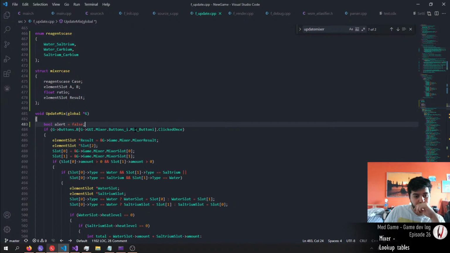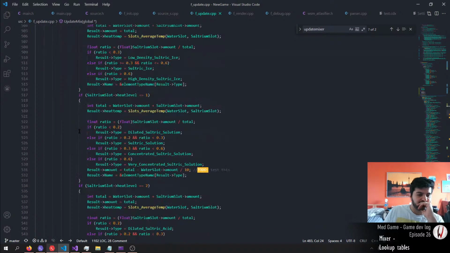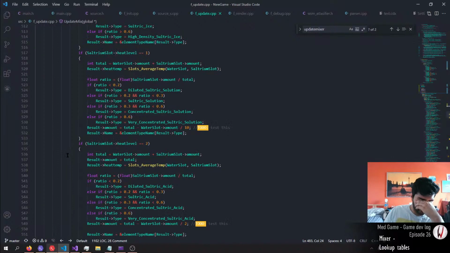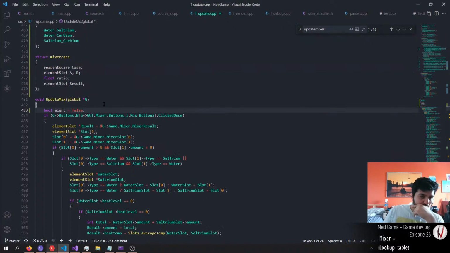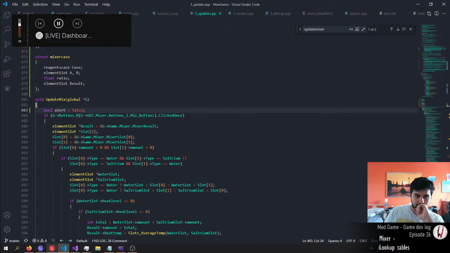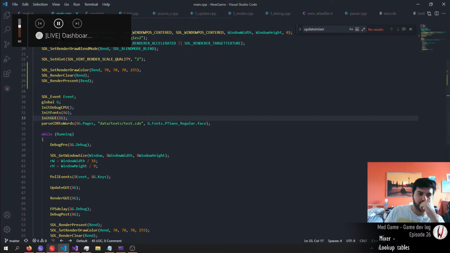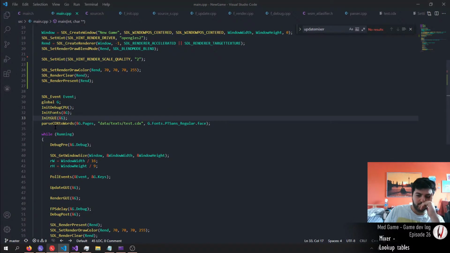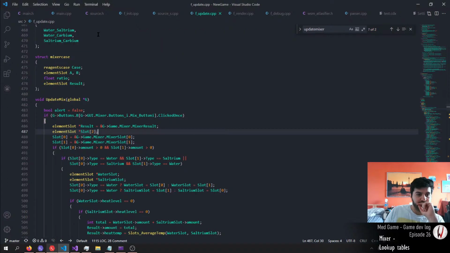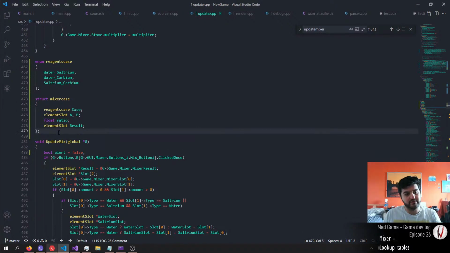Okay, so reagent cases. Okay, so we have that. Now let's initialize the cases, I guess. Alright, so I'm going to write a function called